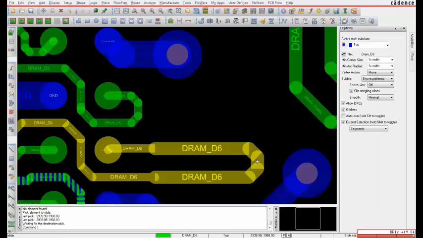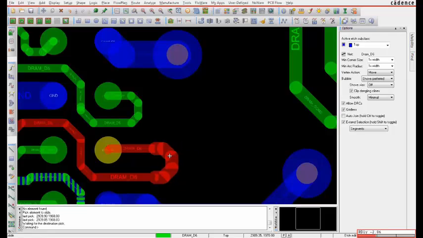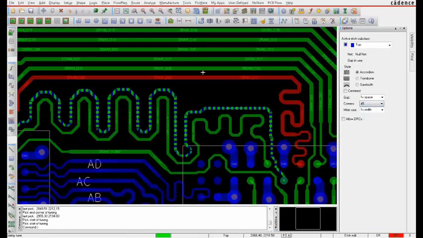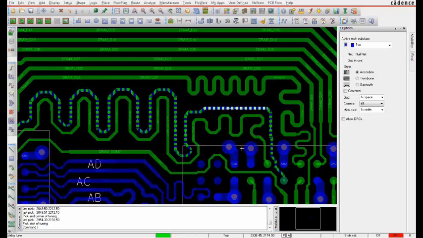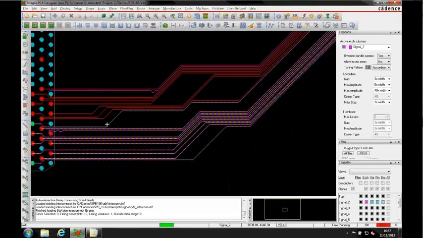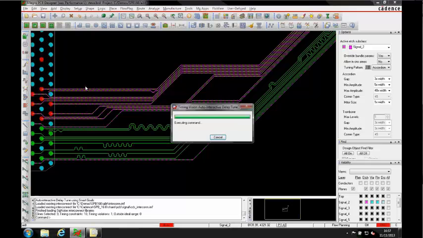Timing Vision takes the traffic light system to the next level. Now the colors of the tracks are not the layer color, but the adherence to the actual constraint. Click on any member in the matched group to highlight the entire group. You can simply lasso the nets you want, and Cadence PCB Editor will auto-delay and auto-phase tune them for you